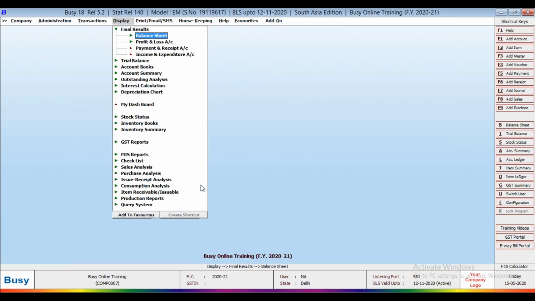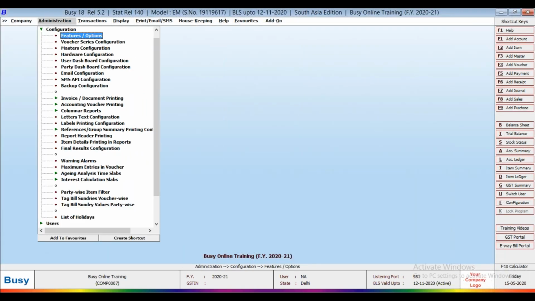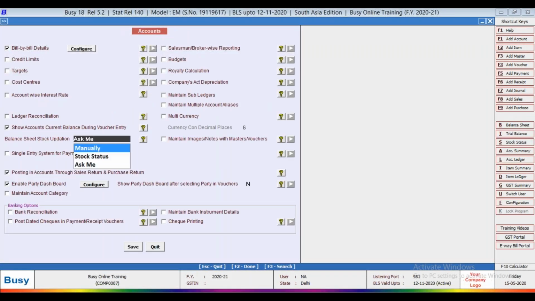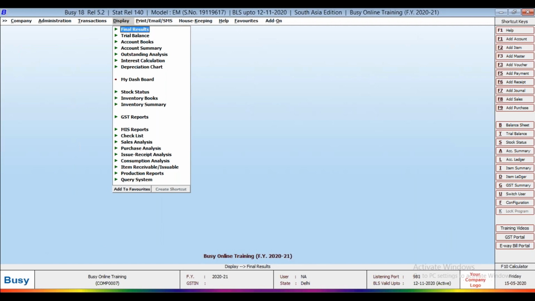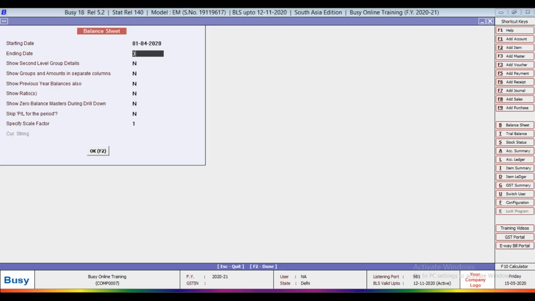Go to final result, balance sheet, horizontal. Define the date of period.